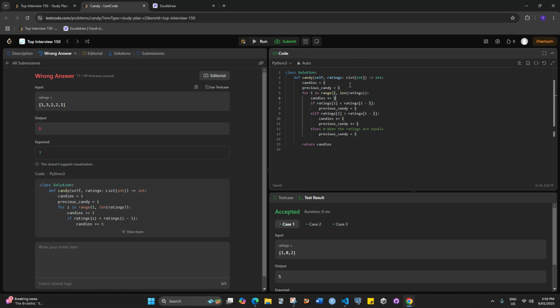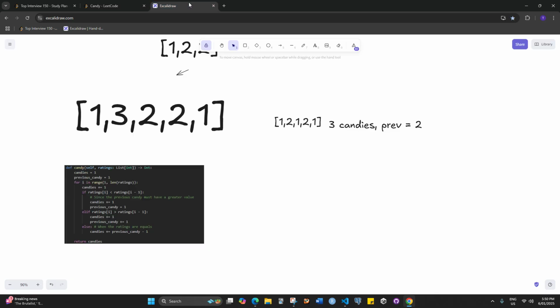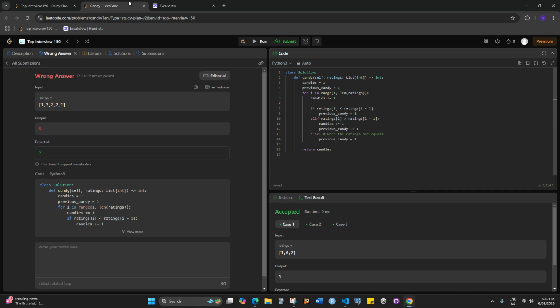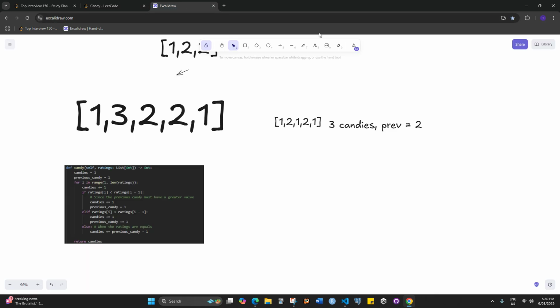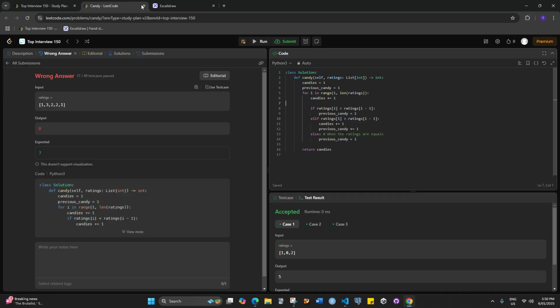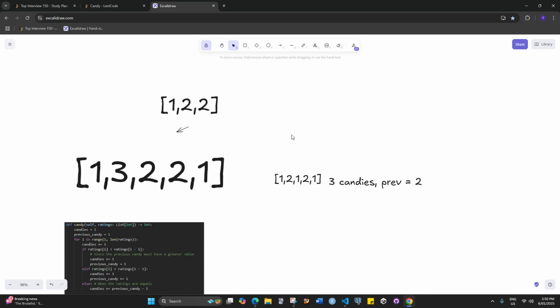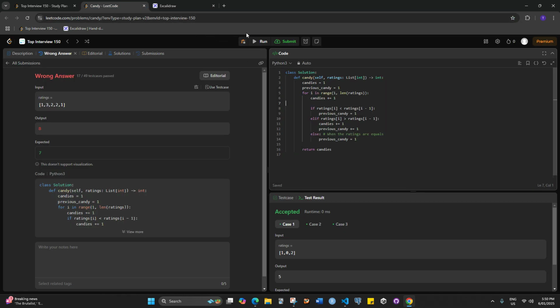Plus equals 1 for all of them. So this one will just be a bit of an anomaly, because if ratings[i] is less than ratings[i-1], we need to make sure what we add on, and we have to just check the rating. So if ratings[i] is less than ratings[i-1],